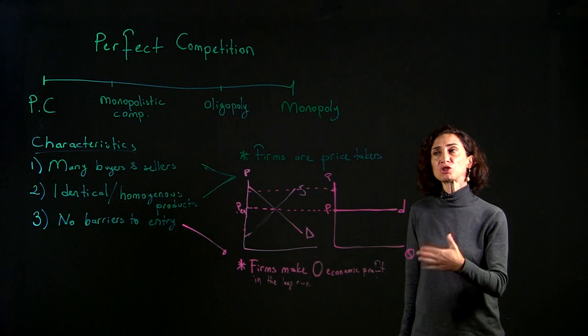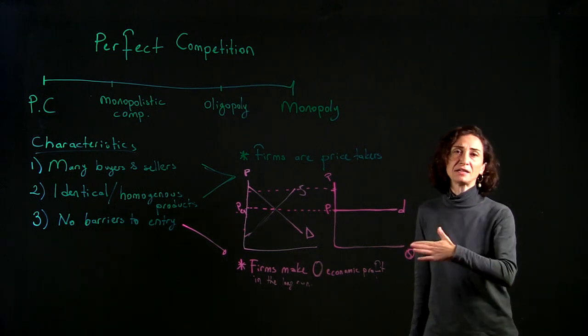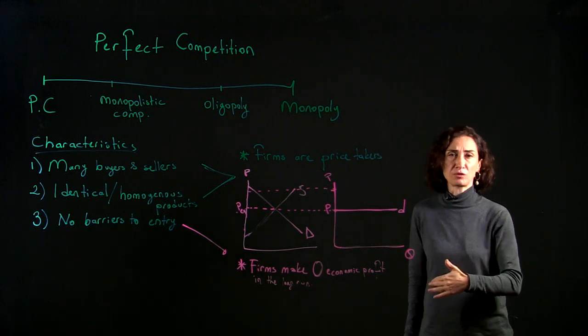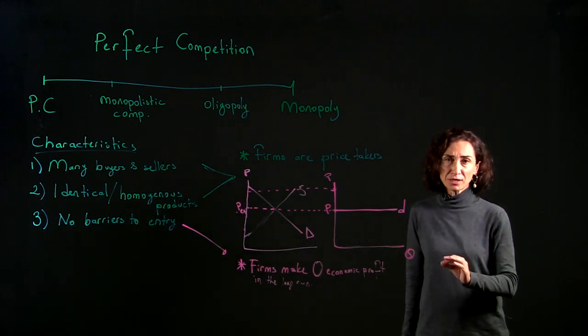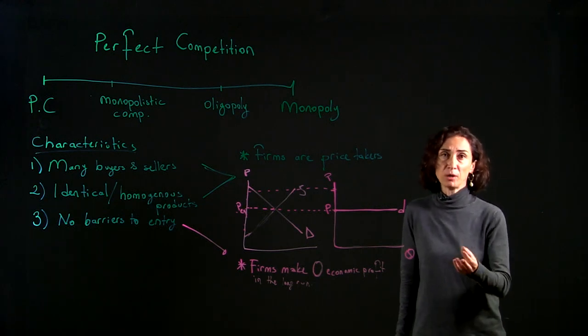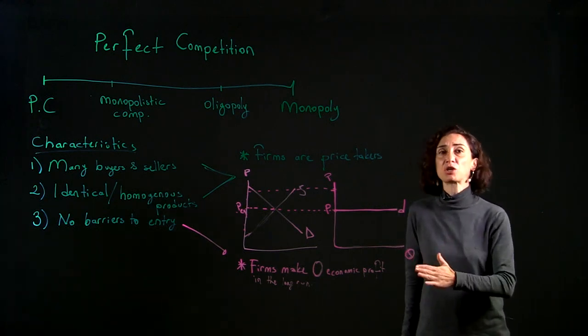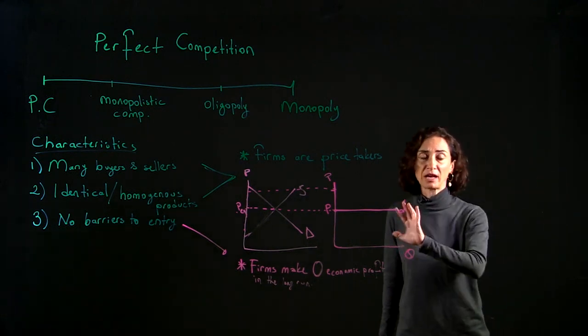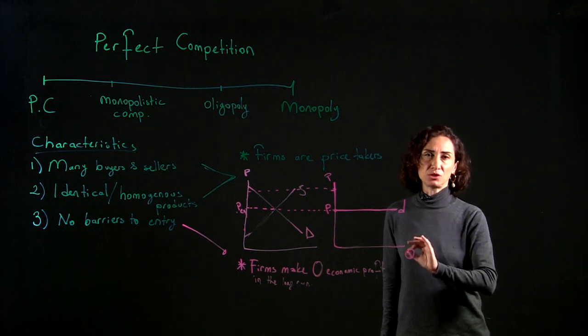But they can change the quantity they produce. They can increase the output or they can decrease the output in the short run. How? By changing the amount of variable input. They cannot change the amount of fixed input, but they can change the amount of variable input and increase output or decrease output. Okay, that is the short run decision.